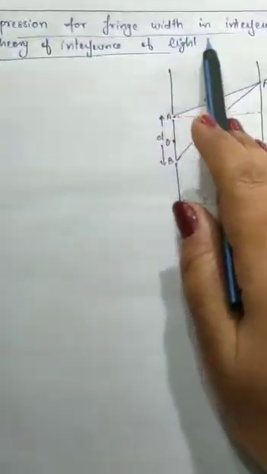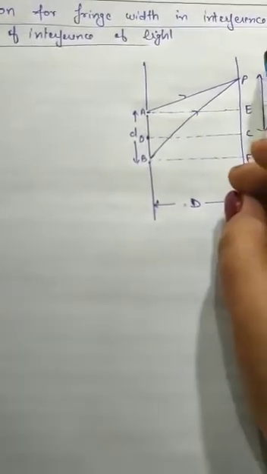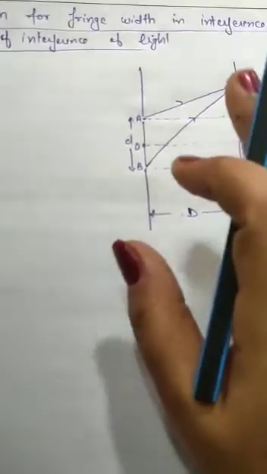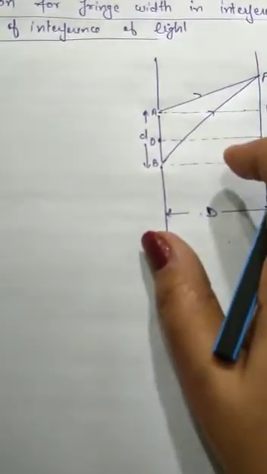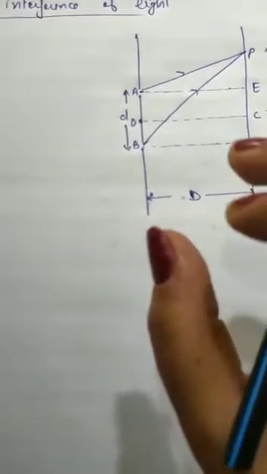Expression for fringe width in interference, or theory of interference of light. In this topic, we are going to find out the expression for fringe width. For that, firstly, we need to find out what are the positions for the maximum and the minimum. In the previous topic, we have studied that the maximum will be obtained at the position where the